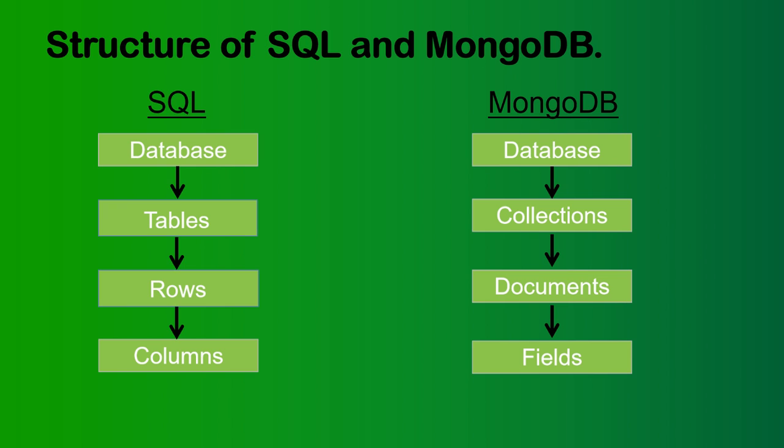Both use databases, because the data is obviously stored in some database. So both have the database part at first, and then it moves to the tables. Then a table is created there. In the table we have rows and columns. We have to give the command for creating the table as well, and then again rows, and then again columns. Here in MongoDB,